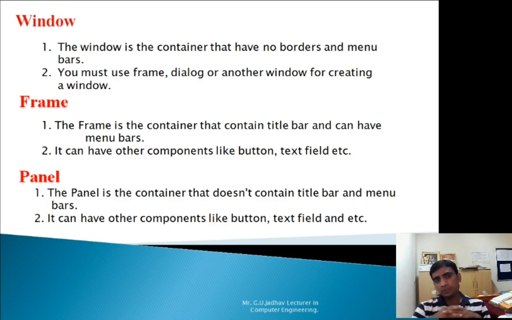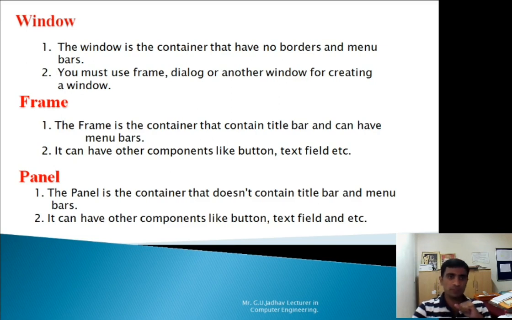In a simple way I can say a frame or a rectangular box which does not have a border and menu bar, that rectangular box is called a window. Now you must use a frame, dialog or another window for creating a window. Means for creation of a window you require a frame, a dialog box or another window. Now from the Window class we have derived the Frame class.